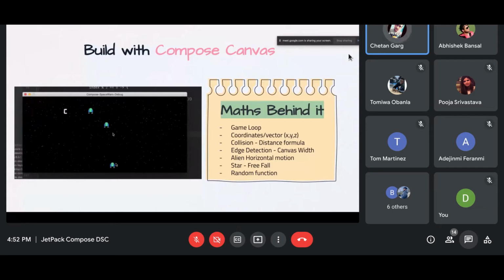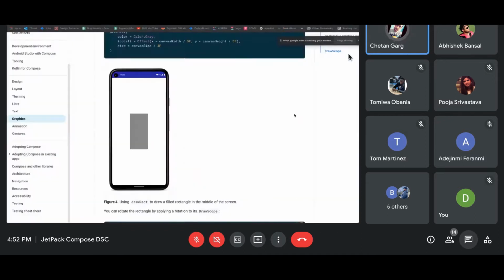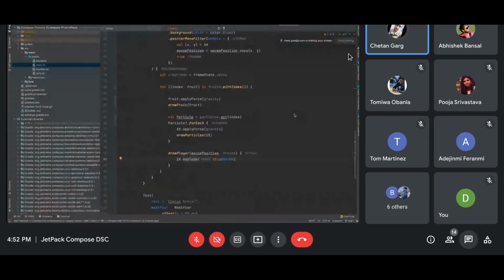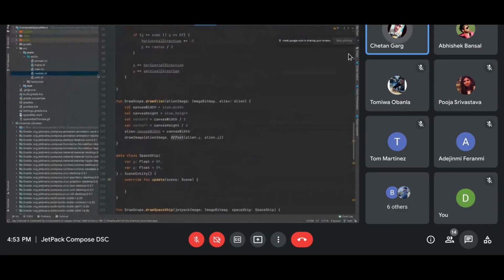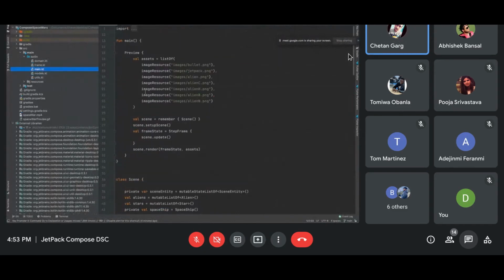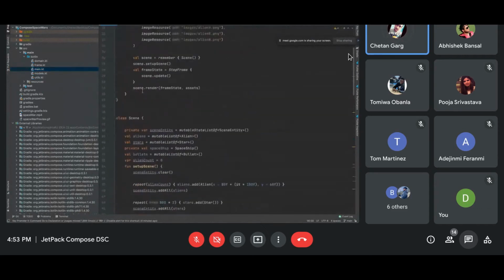And you can also imagine how I'm detecting the collision. I am checking the distance formula of this spaceship and the alien. If the distance between the alien and the ship is 0, that means a collision has happened, and I need to remove the alien that has collided from the array of aliens. So this is the maths behind it. I will quickly go through this example as well. So Fruit Ninja, and this is Space Wars. Let's come again and see what are the components that I have.